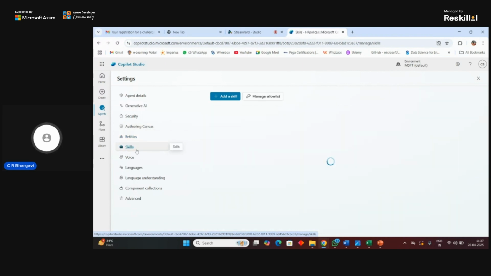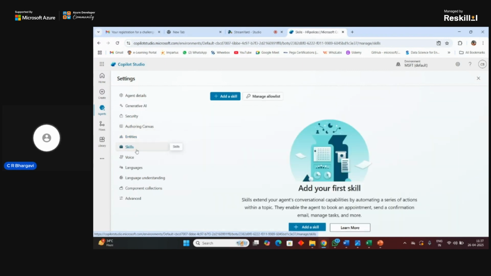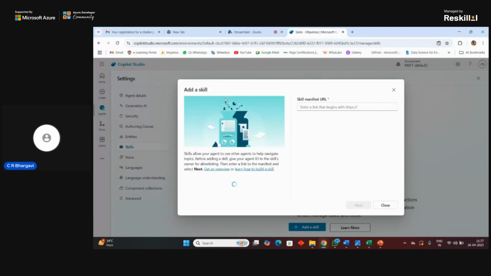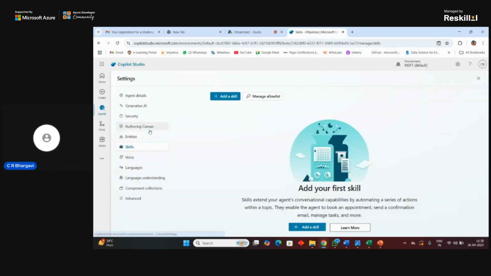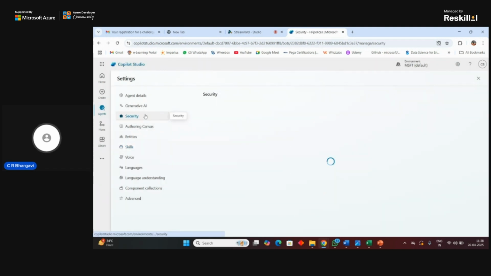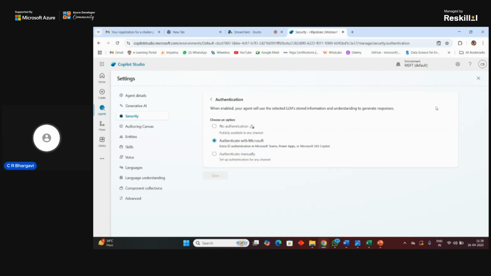And then you can have different skills. Skills allow you to have various URLs connected, or your agent can have an overview of what it does. And you can enable security for your particular agent, for example with the help of Microsoft authentication.